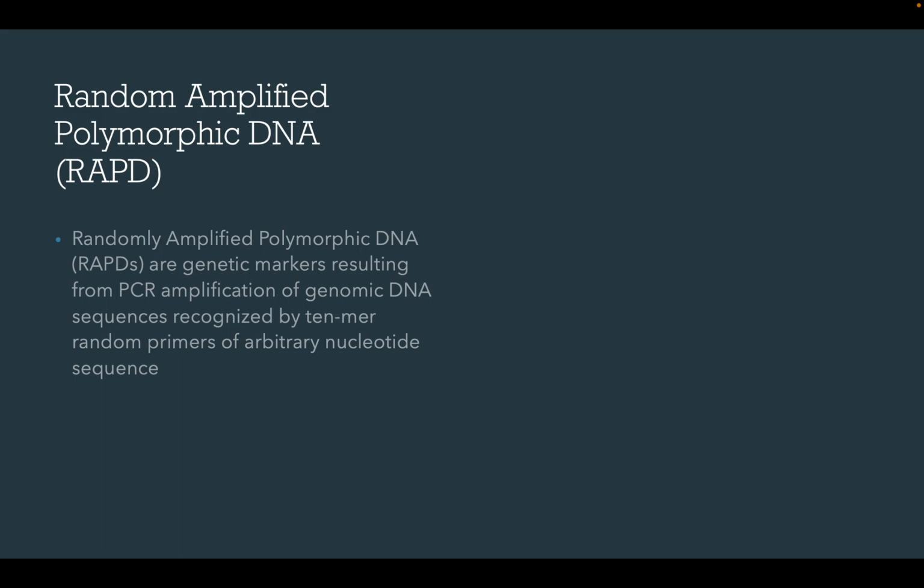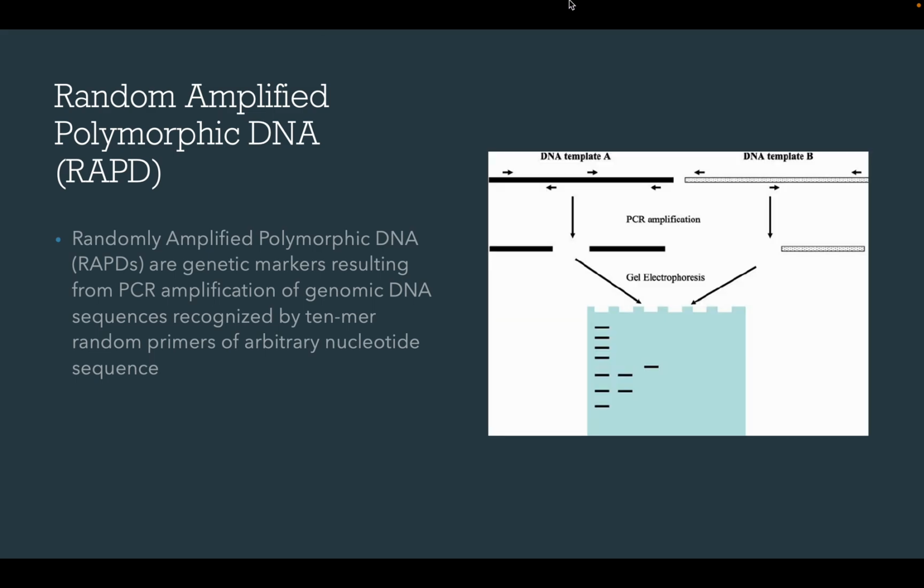So next is RAPD, or random amplified polymorphic DNA. In this technique, there is a random amplification of the polymorphic DNA using different sets of primers which are not very specific but are random primers. Suppose we have a DNA template A and DNA template B, and then we put so many primers in this condition, and wherever there is any similarity the primers will bind,